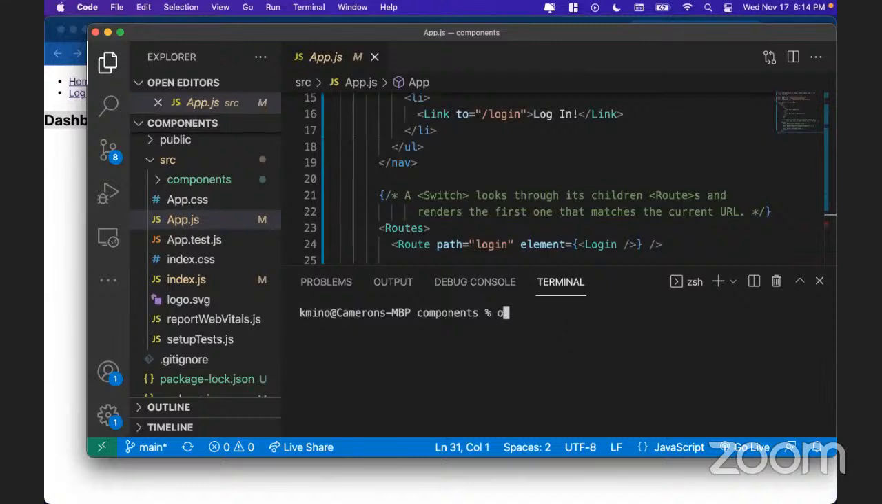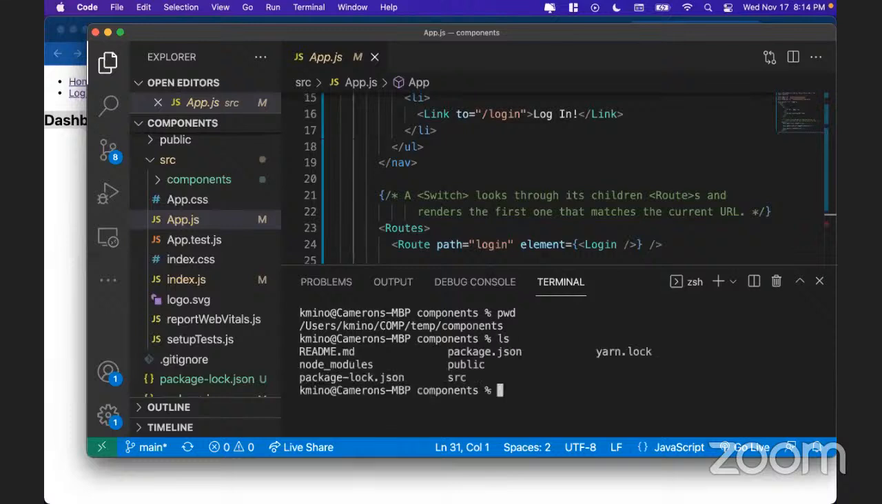So do whatever you got to do to make sure that you are inside of the project folder that you want to be in. You should be inside and see your package.json, your node_modules, all of the stuff that you would normally expect to see. Inside of there, that's when you would want to do the npm install